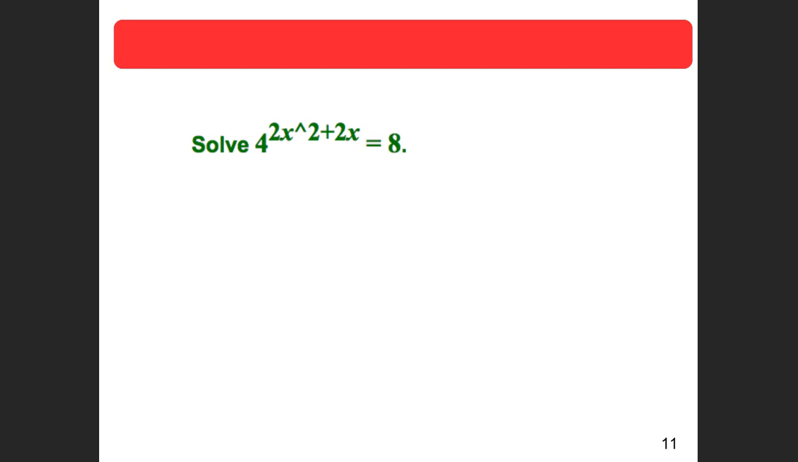Now, this problem, I'll do it 2 different ways. First way I'm going to solve by just rewriting it as a logarithm, okay? So I've got log base 4 of 8 is equal to 2x squared plus 2x. Okay, log base 4 of 8